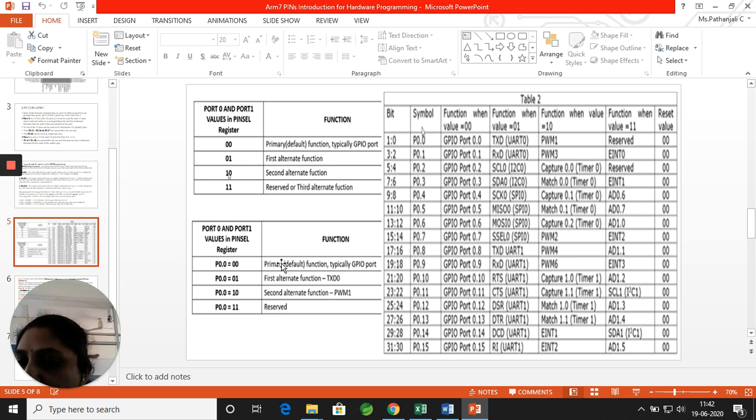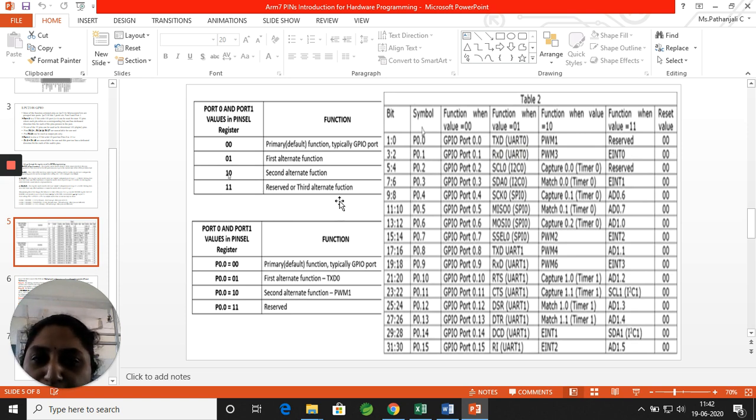That means it is a primary functionality, as we have seen in the first table. If it is 01, it means transmit receive. The second option is pulse width modulation, and if 11 is set, it is reserved. So this is an example for the above table.